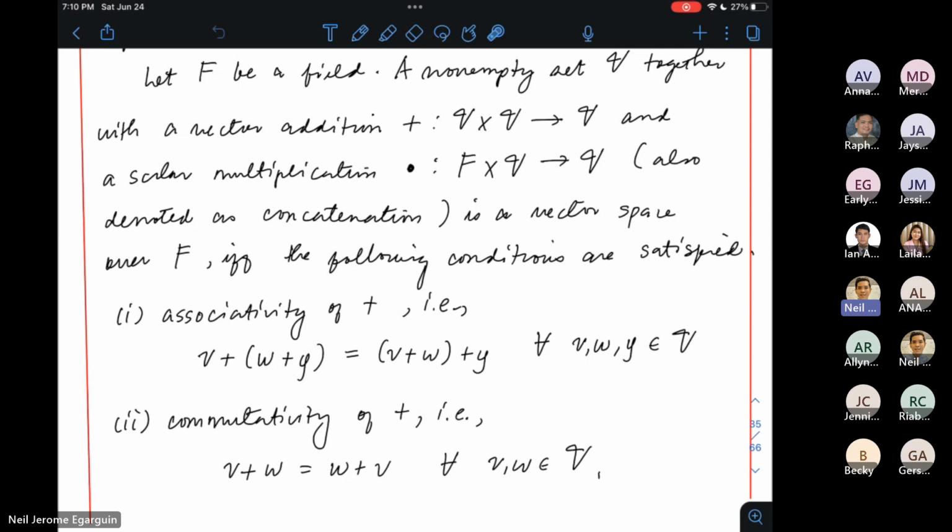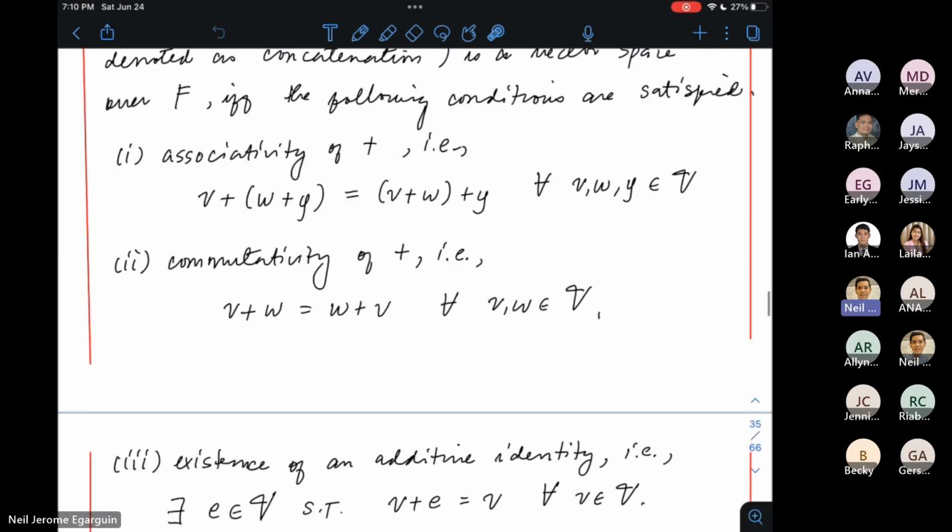All right? Now, yun yung structure natin. Non-empty set V, a field F, and then two operations, vector addition and scalar multiplication. Just like fields, meron dapat properties na masatisfy yung dalawang operations na dinefine natin dun sa V at saka sa F. All right? The first property is associativity ng vector addition. So the ordering, or the grouping rather, of the elements as we operate under vector addition doesn't matter. All right? So yung V plus W plus Y ay equal lamang sa unahin mo yung V plus W plus Y. So ordering doesn't matter.